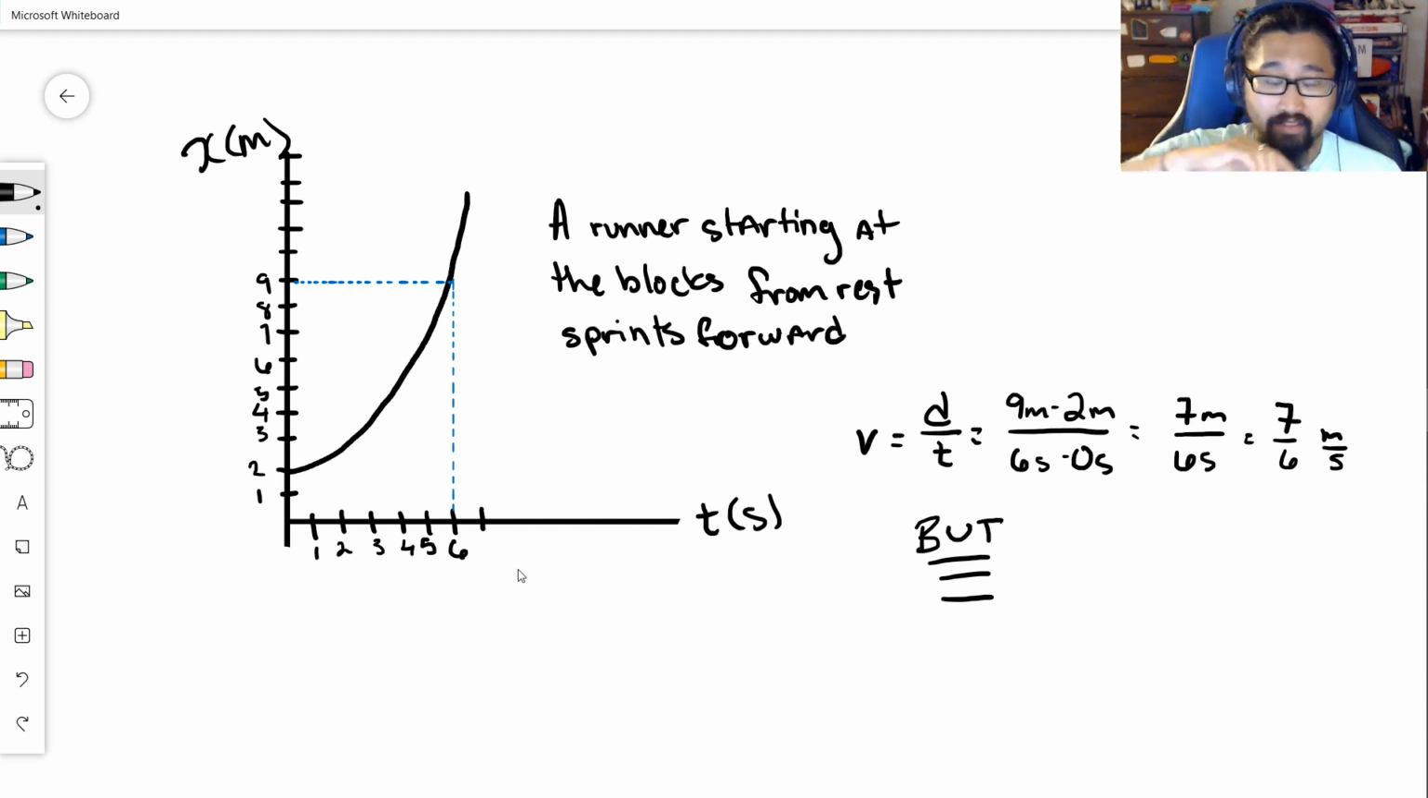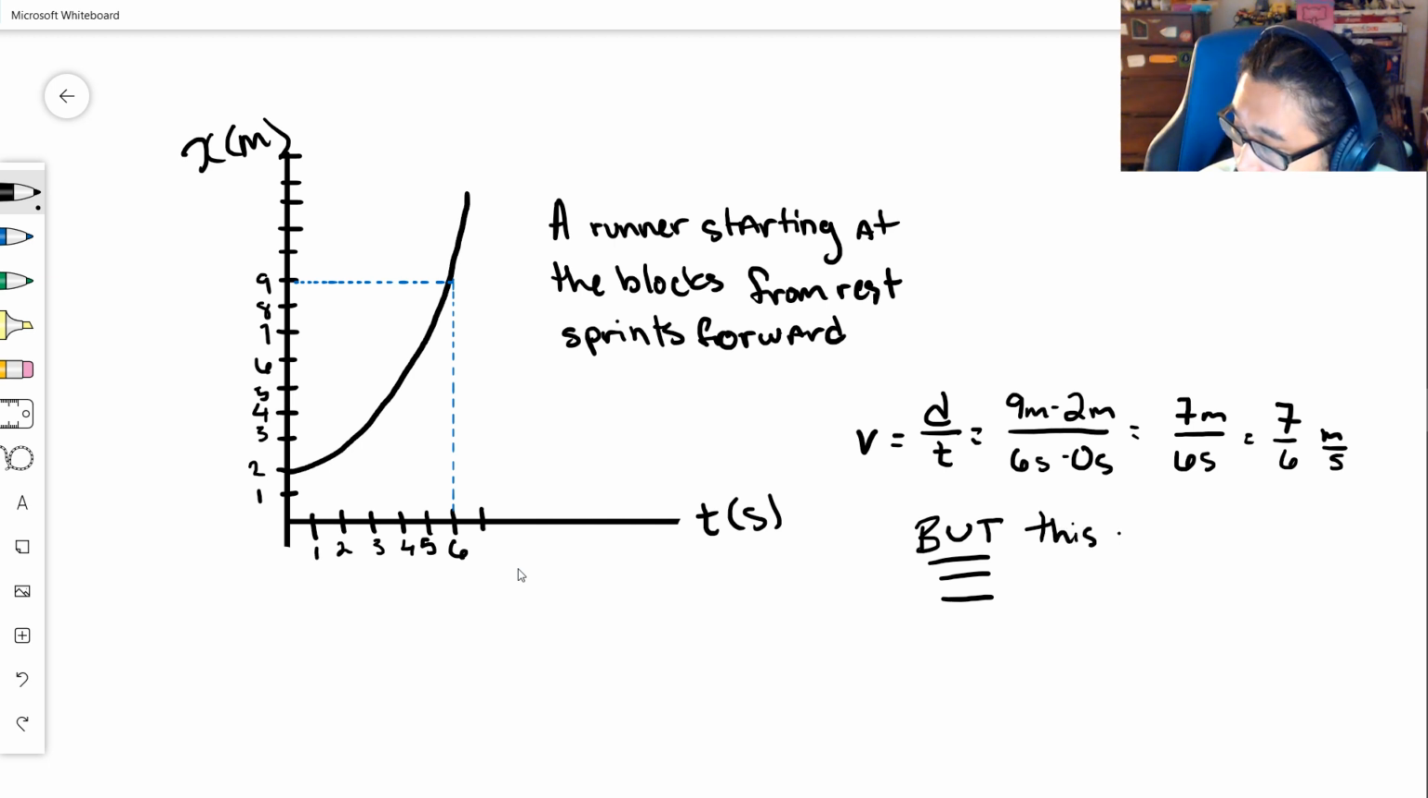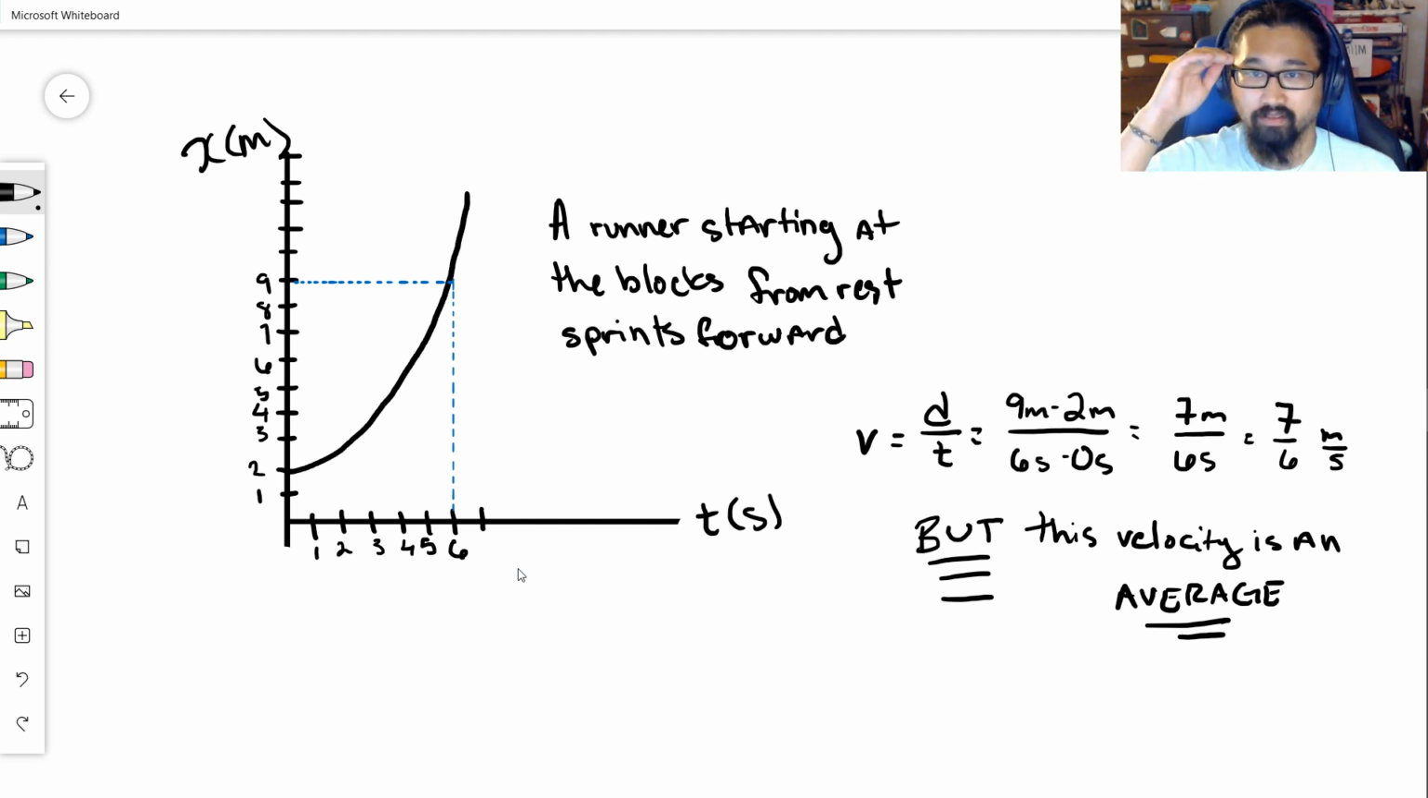Because the slope is constantly changing, the velocity that I just solved for is an average, right? I just took how far did we go, and how much time did it take us. That's an average of 7 over 6 meters per second. Early on, down here, we're probably not going that fast, and up here, it looks like we're going faster than that. So how do I figure out